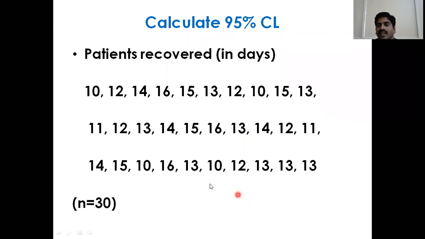You consider here this data followed normal distribution. So what you have to do, first you have to calculate mean, next standard deviation. What is the formula for 95% confidence limits? Mean plus or minus 2 standard deviation. If you subtract from the mean 2 times the standard deviation, you will get the lower limit. And if you add, you will get the upper limit. You can calculate 95% confidence limits. Please note down this data and calculate 95% confidence limits.